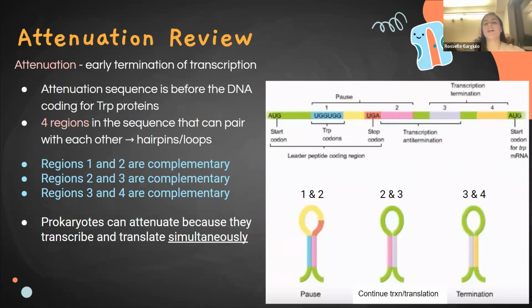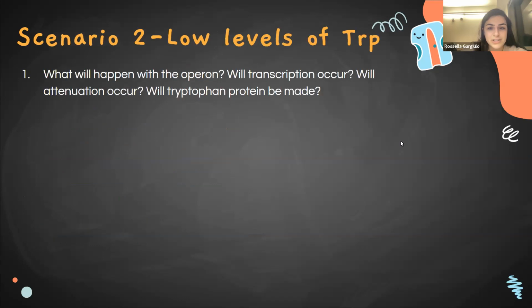Okay, so attenuation occurs when basically you do not have those TRP tRNAs, which causes the ribosome to stay stuck at this region number 1. And so when the ribosome is stuck on region number 1, it causes the 2,3 hairpin to form, and it doesn't allow the 1,2 and the 3,4 hairpin to form. There's another better image on Laura's,